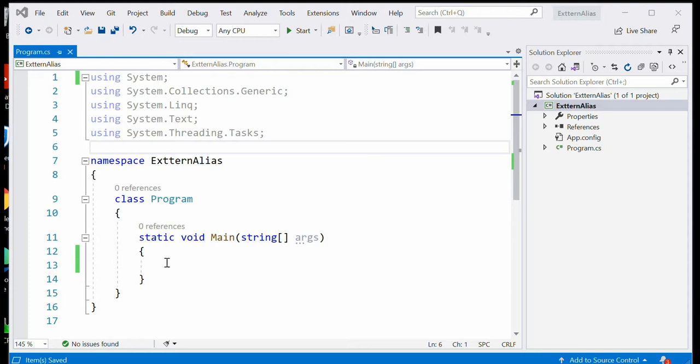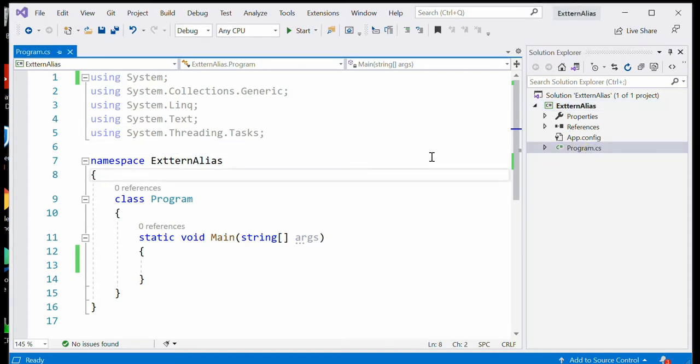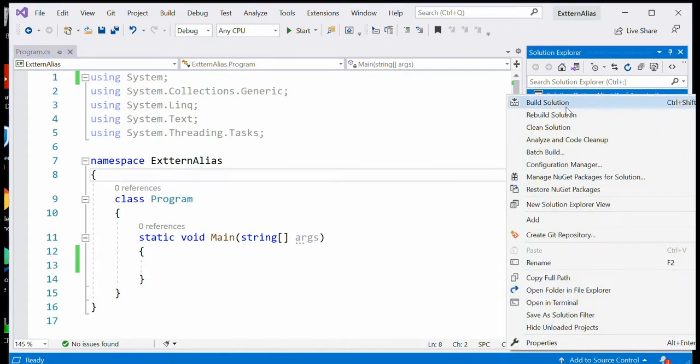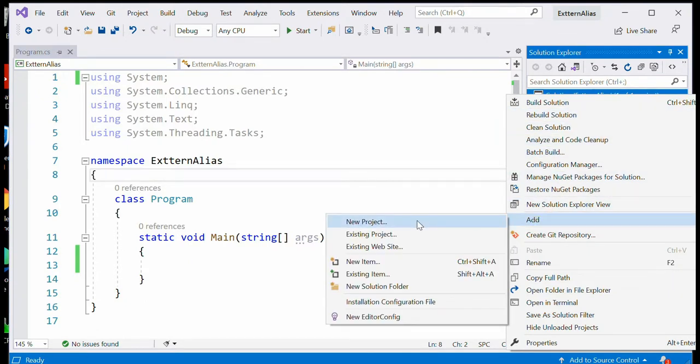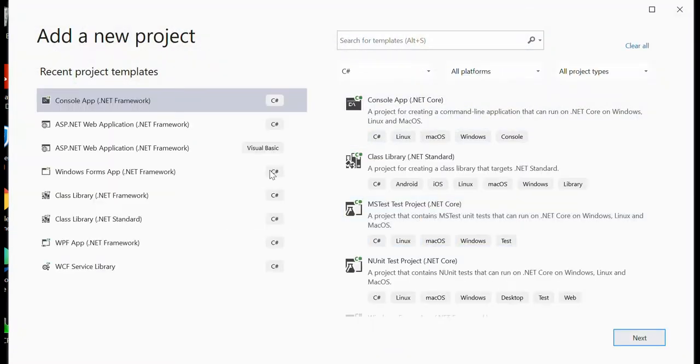Now we will see the practical example. Here I have created a normal console application, where we will consume the class names and method names of class library 1 and class library 2. In the same solution, create a new project, a class library .NET Standard.